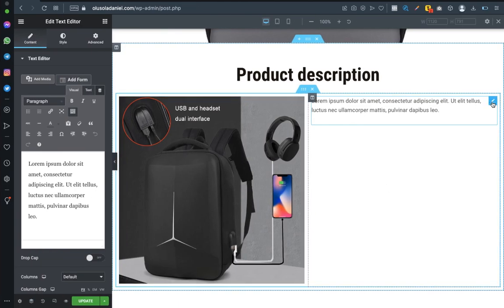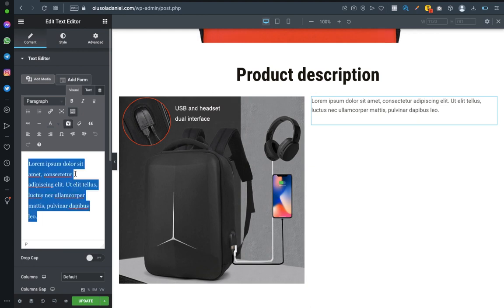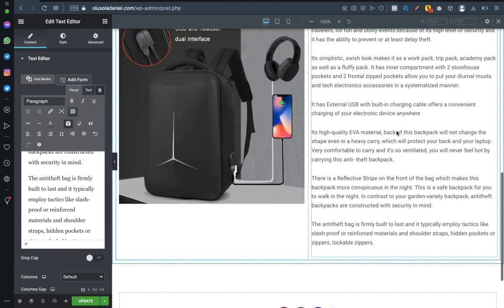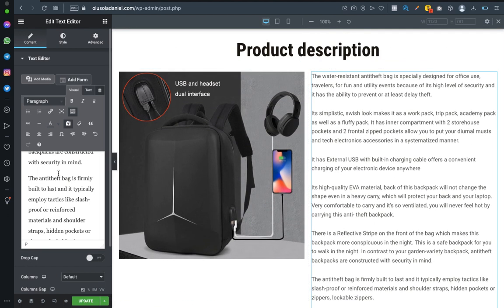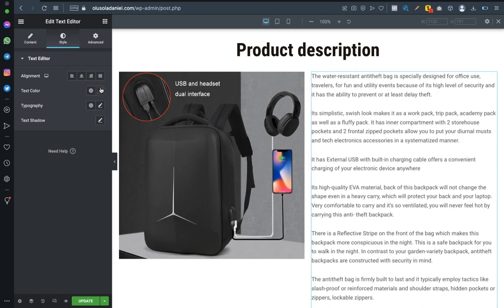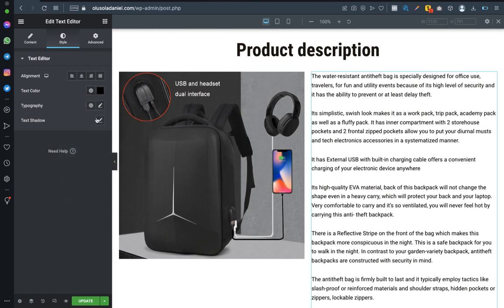Click on it to edit it. Paste that text. Paste. Okay, you can see it by the side. This is it. So now how do we edit it? Click on edit, go to style, text color, let's say black is good. Now text